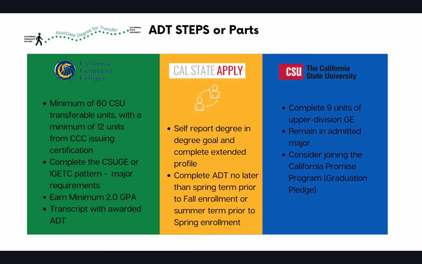The perks are that if you follow your ADT route and you participate in the California Promise program, it will provide you with priority registration. So that's one of the biggest perks, being able to be part of that. Again, when you do decide to change your major, some other next steps will definitely be provided. So if you know for sure that you're applying for an ADT route at the community college, to follow through at the CSU campus of your choice, we highly encourage you to participate in the California Promise program to receive that priority registration, and to remain on track as to completing your degree.